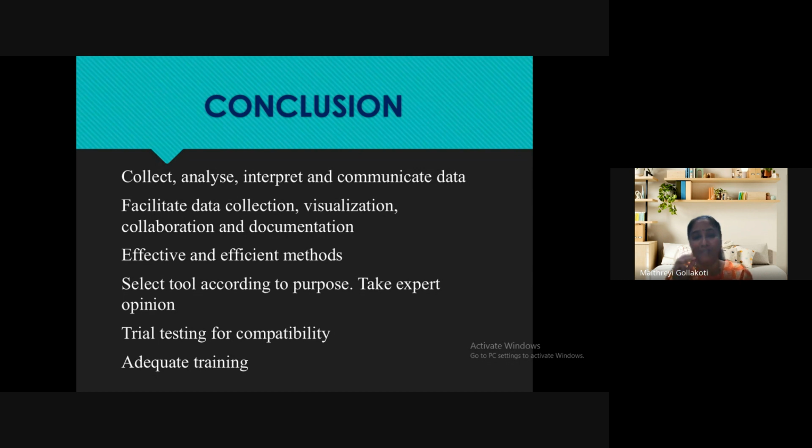Now, before you start the research, just do a short trial and see how much these tools are useful to you. And pick out a tool which will help you solve your problem. There are so many varieties of tools. As I told you, there are hundreds of tools. So you have to choose which tool is best for you. And next, adequate training. Before you start using the tool, train yourself first. Train yourself, and only then you proceed with your research. Next slide.